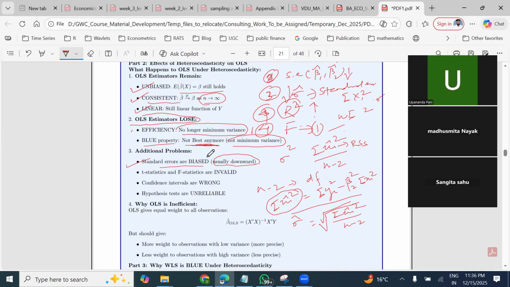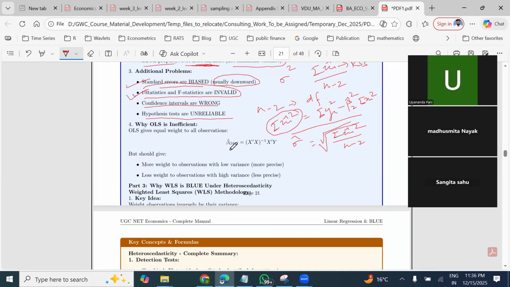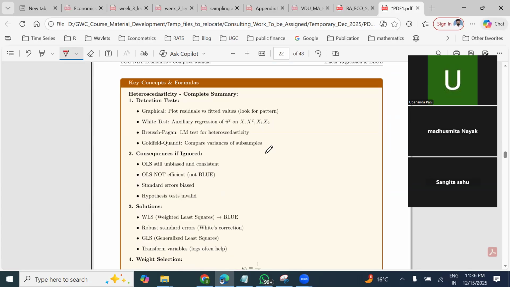Okay, variance may increase or you can say decrease, depends. T statistics and F statistics are invalid, as I told you. Then confidence intervals are wrong. Hypothesis tests will be unreliable. Why is OLS inefficient? The logic is given over here, but we will not go deep into this issue. Okay, clear? Yes, sir. Little intense, but